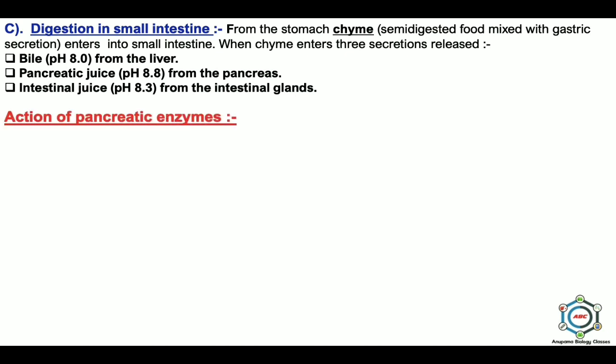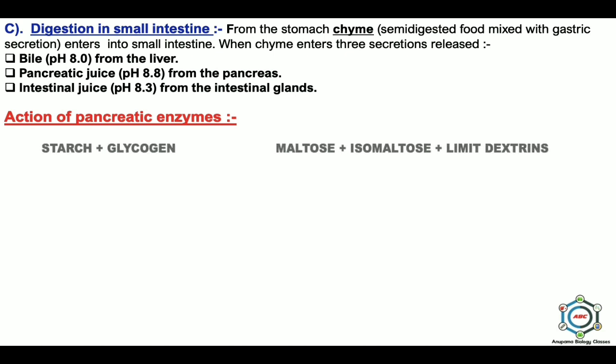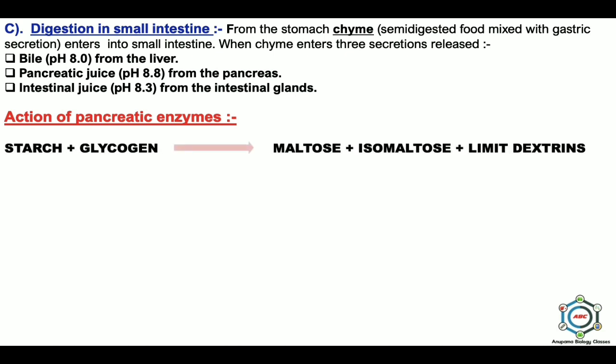So, first is the action of pancreatic enzymes. Pancreatic enzymes contain carbohydrate digestive enzymes, that is pancreatic amylase, protein digestive enzymes, that is trypsinogen, chymotrypsinogen, and carboxypeptidase, fat digestive enzymes, that is pancreatic lipase, nucleic acid digestive enzymes, bicarbonates, and water. So first is starch and glycogen, which is converted into maltose, isomaltose, and limit dextrins in the presence of pancreatic